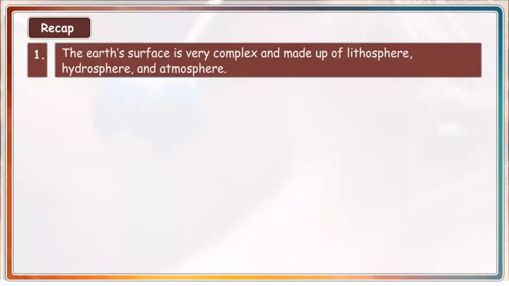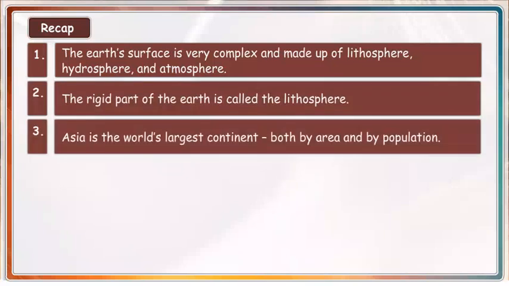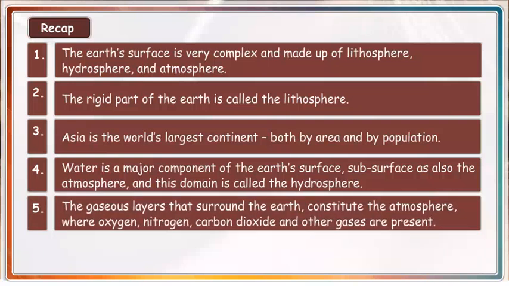Recap. The Earth's surface is very complex and made up of lithosphere, hydrosphere, and atmosphere. The rigid part of the Earth is called the lithosphere. Asia is the world's largest continent, both by area and by population. Water is a major component of the Earth's surface, subsurface, as also the atmosphere, and this domain is called the hydrosphere. The gaseous layers that surround the Earth constitute the atmosphere, where oxygen, nitrogen, carbon dioxide, and other gases are